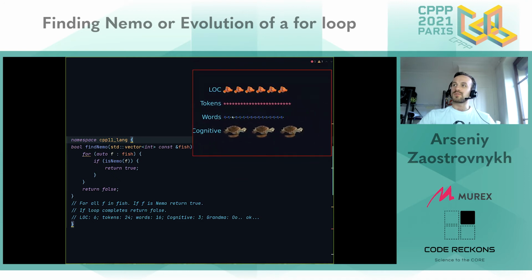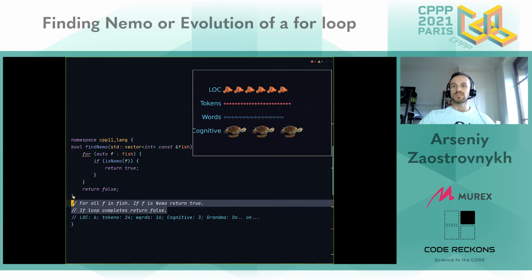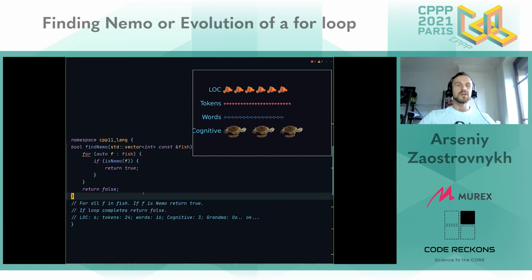We get the same number of lines. The English transcription is shorter thanks to the range loop. It's just 16 words, fewer tokens. Cognitive complexity stays the same, again, loop and branch. And grandma starts getting at the meaning of this.